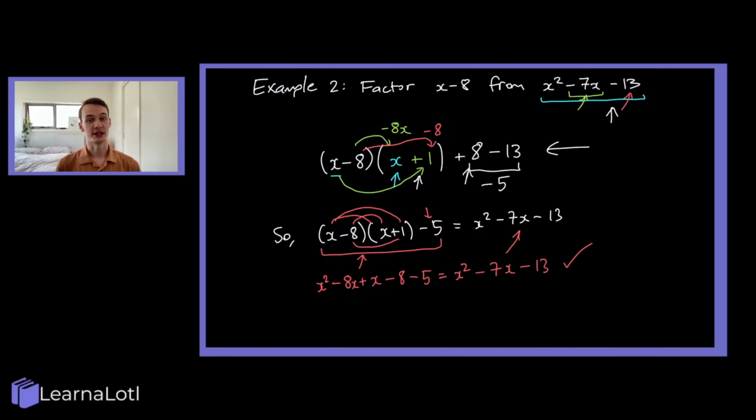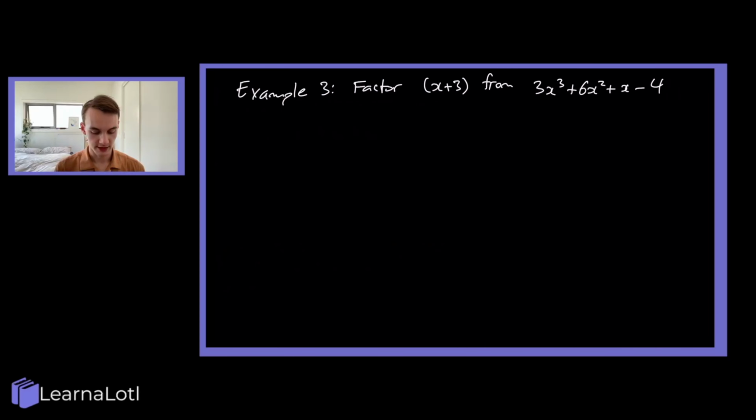If you're getting ready for an exam, definitely also practice your checking mechanisms to check whether the answer you got was correct. Awesome, let's look at another example. Let's factor x plus 3 from 3x cubed plus 6x squared plus x minus 4. So again, I'm going to play the exact same game. I know I want to factor out x plus 3, so let's write that, and then I'll open my brackets